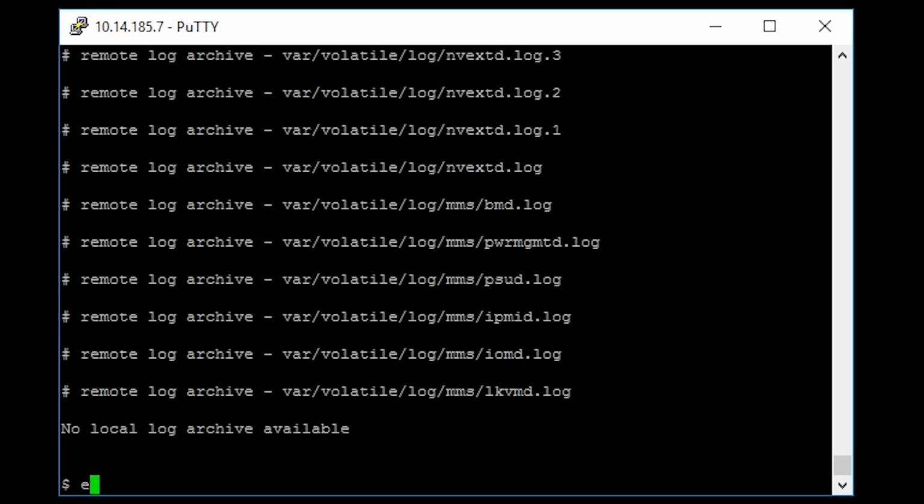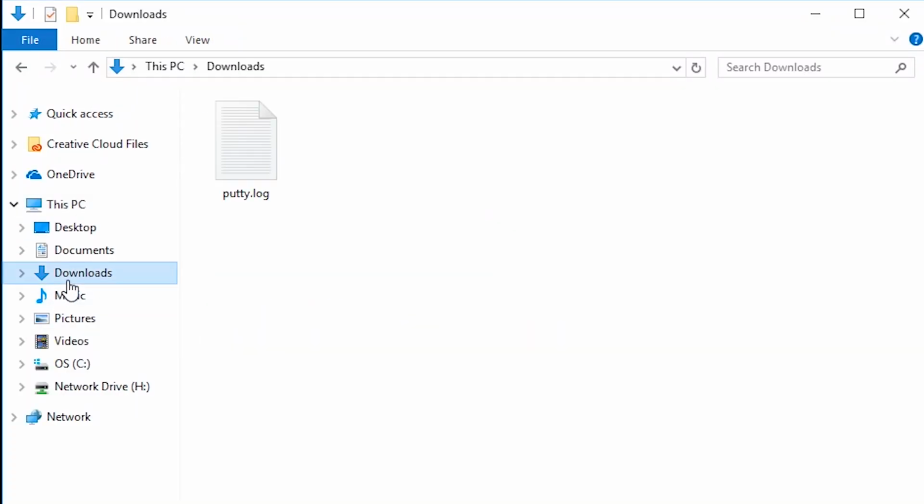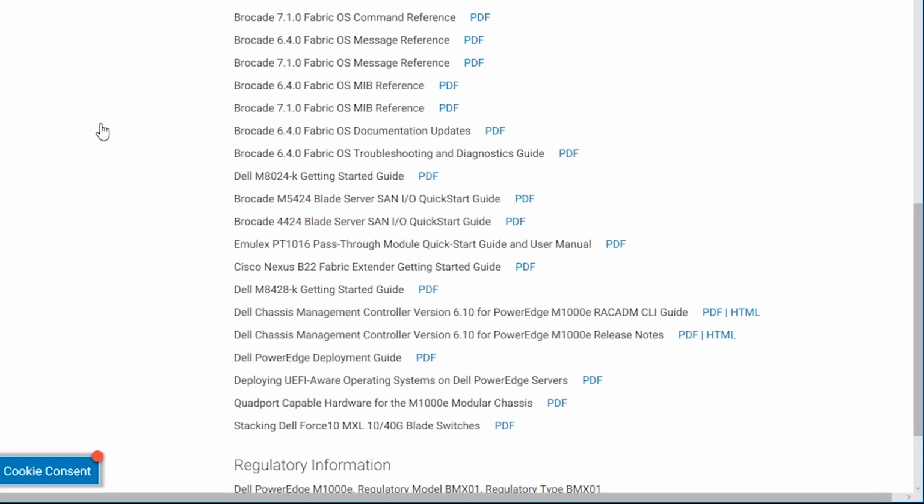When you're done, type exit to close, then navigate to your log file. For more information on racadm commands, download the racadm CLI guide for your system from